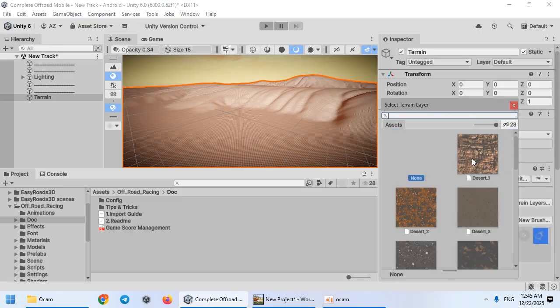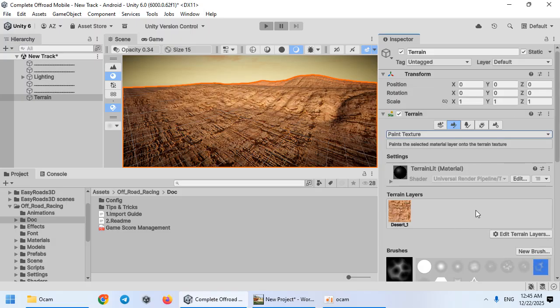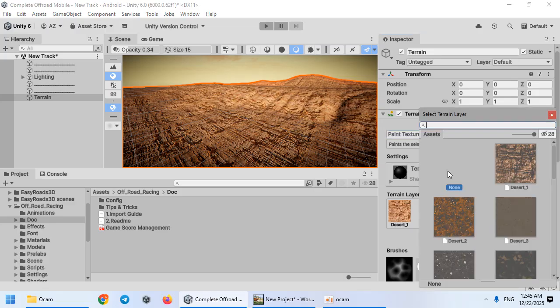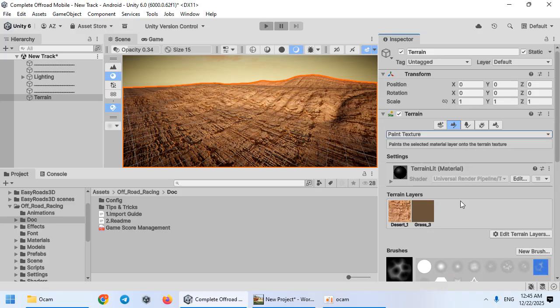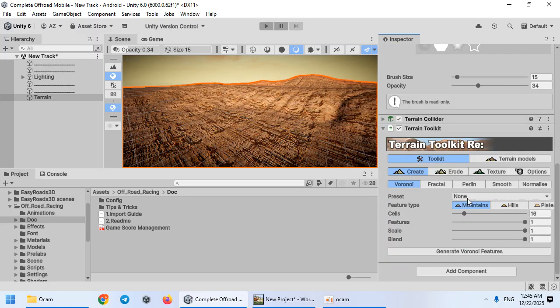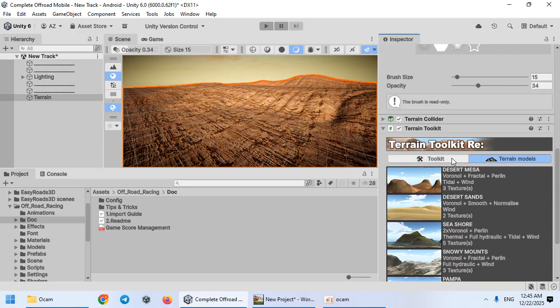The first one must be cliff or rock. You need to add the first layer as cliff or rock. The next one can be everything that you like. This is the ground. Okay, now from here, texture,